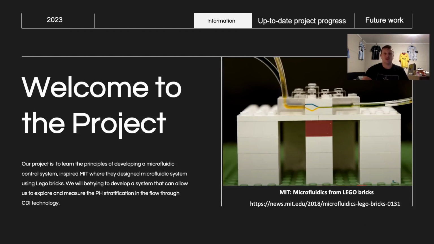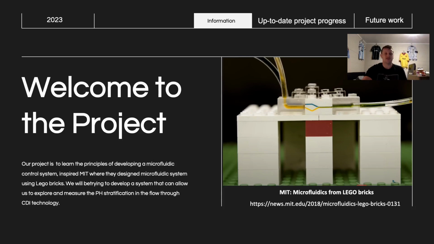This project is inspired by the MIT experiment where they used interchangeable blocks, Lego bricks, as a medium for a microfluidic system. This allowed the bricks to be interchanged, which allowed the system to be changed. They did this by milling microchannels into the bricks, which were then encapsulated to enclose the channels. We'll be using this idea to design and develop a system that will allow us to separate the internal flow